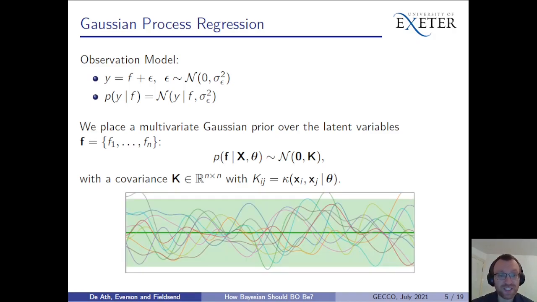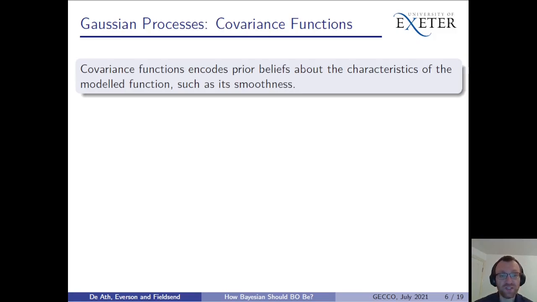Because GPs are prior distributions of functions, such that any finite number of function values are distributed as a multivariate Gaussian, we can draw functions from the prior. These are shown as the different coloured lines here. Covariance functions encode our beliefs about the characteristics of the class of functions we wish to model, such as its smoothness. Those used in GP regression are typically stationary, meaning that they're just a function of the distance between 2